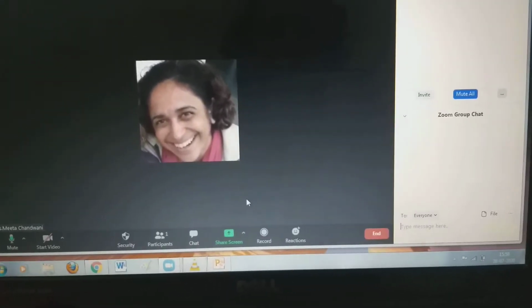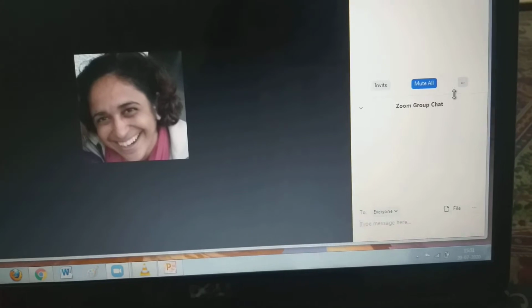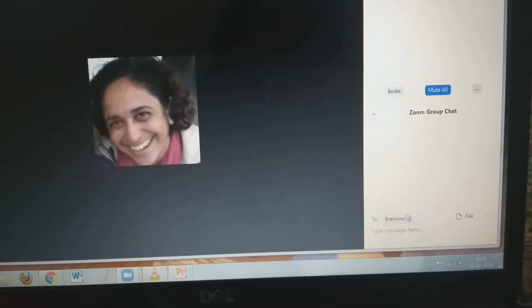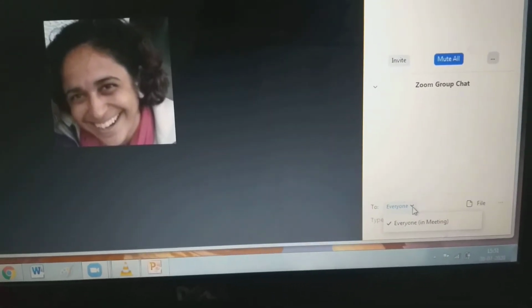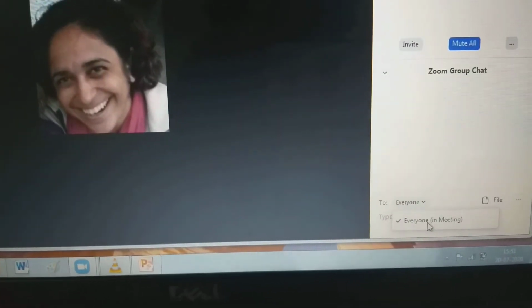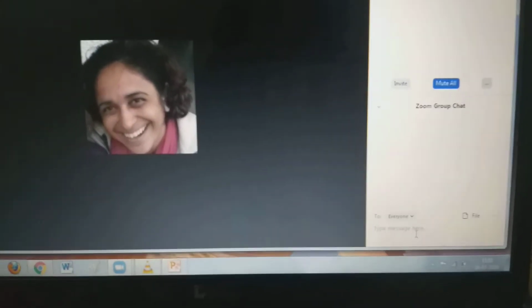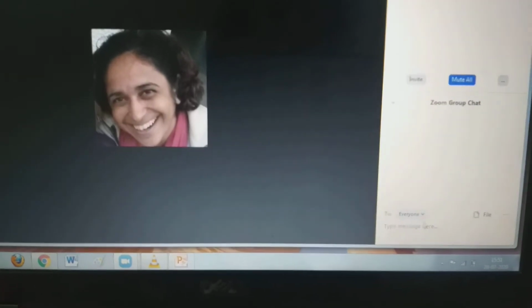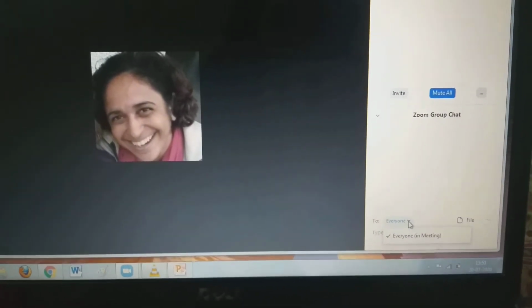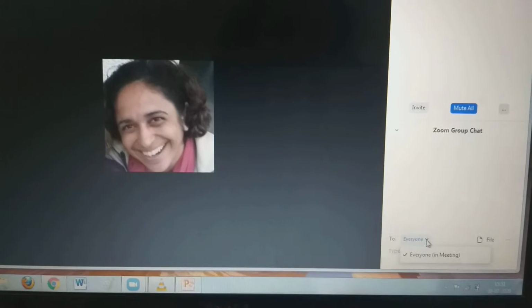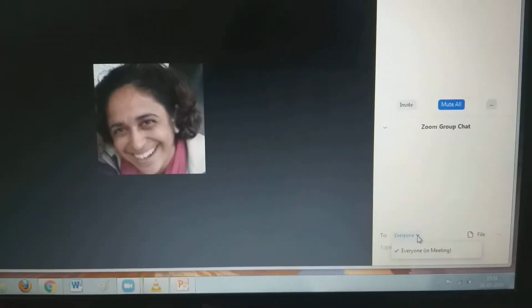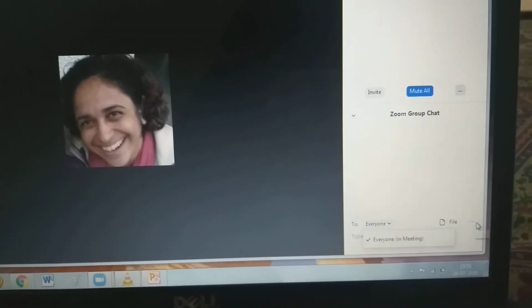Once you click on the chatting part, you can see an extra window opened over here. From here, everyone in the meeting is included. If a host wants to send a message, it can be sent to all the participants. That's why Everyone is selected over here. Beside that, again there are 3 dots over here. Just select these dots. Now, setting up the chatting part.